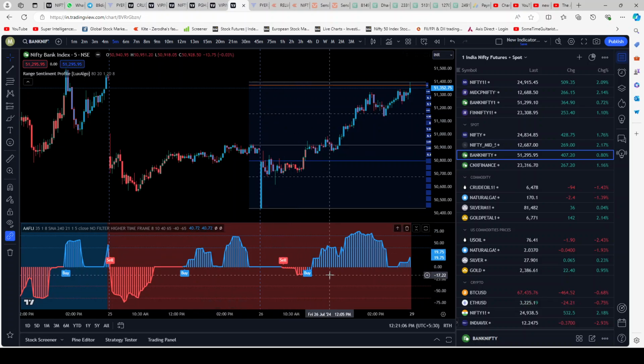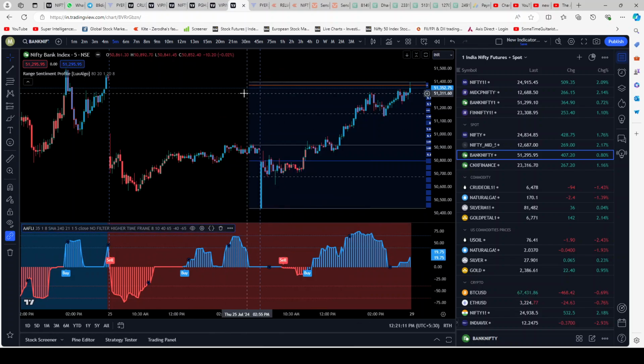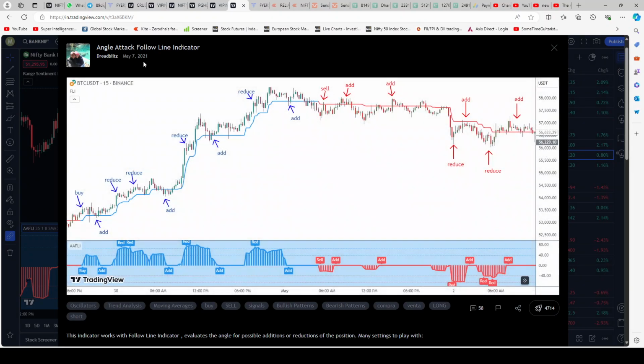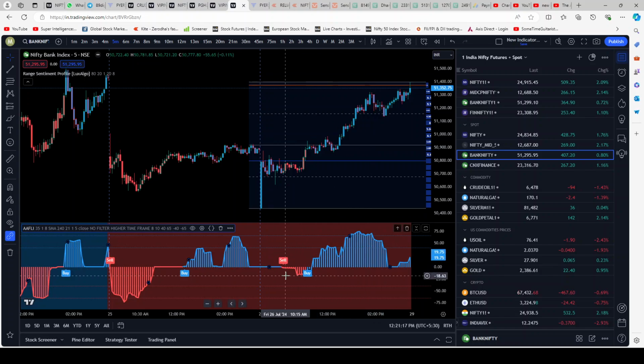You see how this bottom indicator, the angle attack, it's called angle attack follow line indicator by Dread Blitz, very similar to EMA defense scotch. It's also influencing the candle colors on top. The most important thing is, if the background of this range sentiment profile by Lux Algo is blue, do not short. That means the underlying sentiment of the market is bullish. All right. If it turns deep yellowish, that means we could try and find shorting opportunities. So it's a very simple two